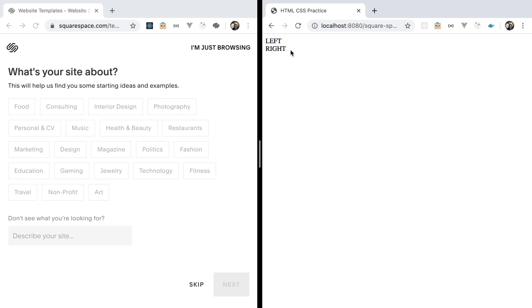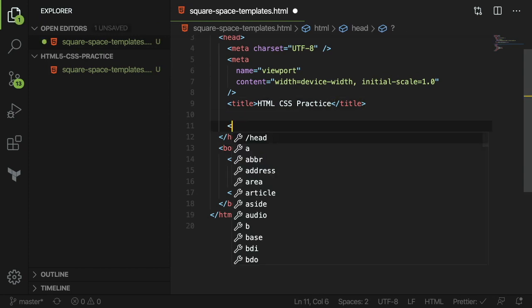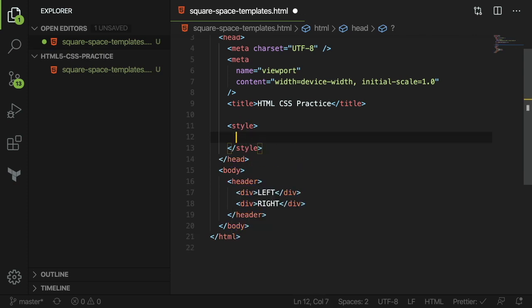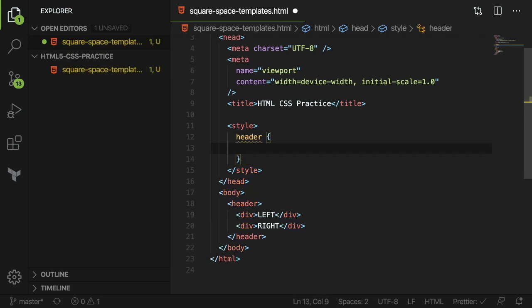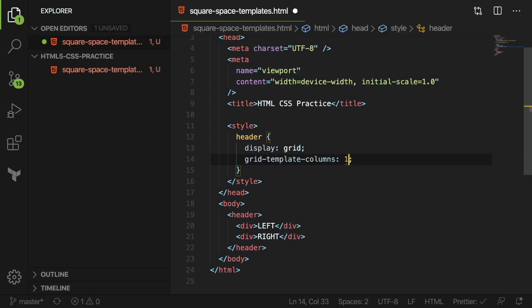So we got to use a little bit of styling using CSS to get these to properly be to the left or the right. And there's various ways you could do this. You could use flexbox, or you could use just floating and margins and absolute positionings. But what we're going to be doing for this particular instance is I want to just set the header to be a CSS grid display type. So I'm going to say display grid, and then you can say grid template columns,